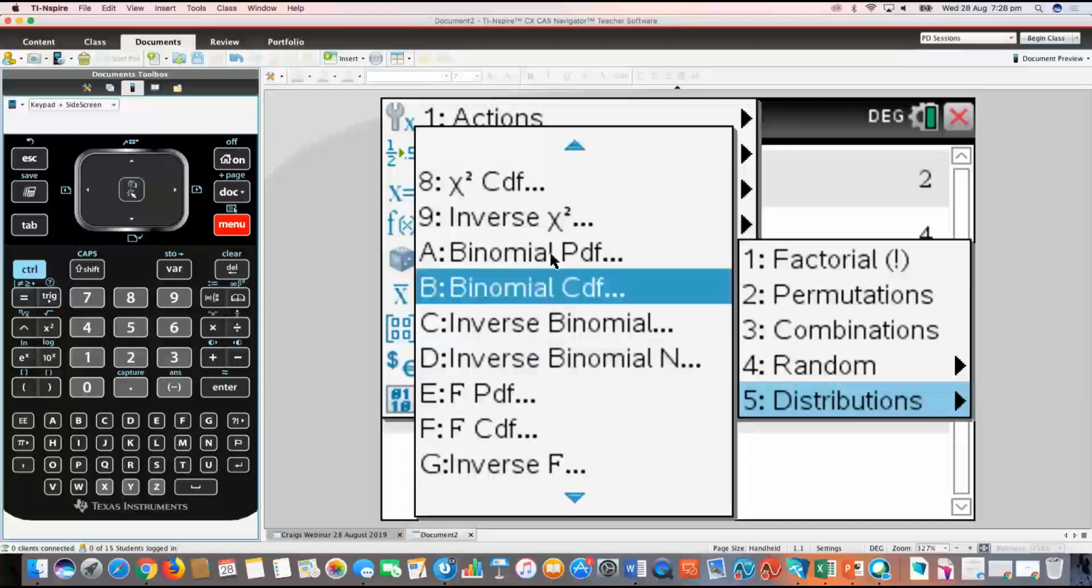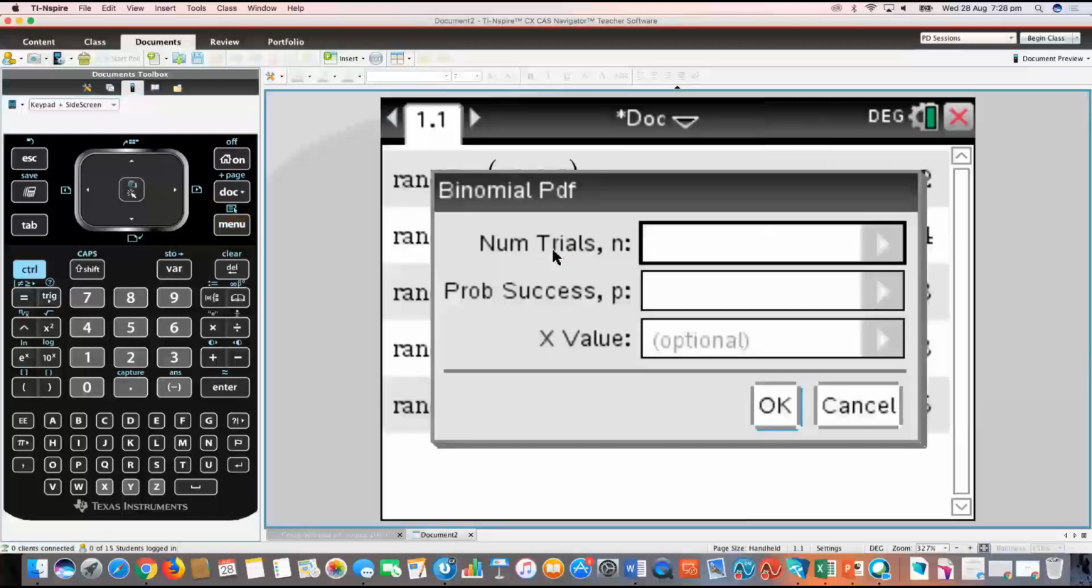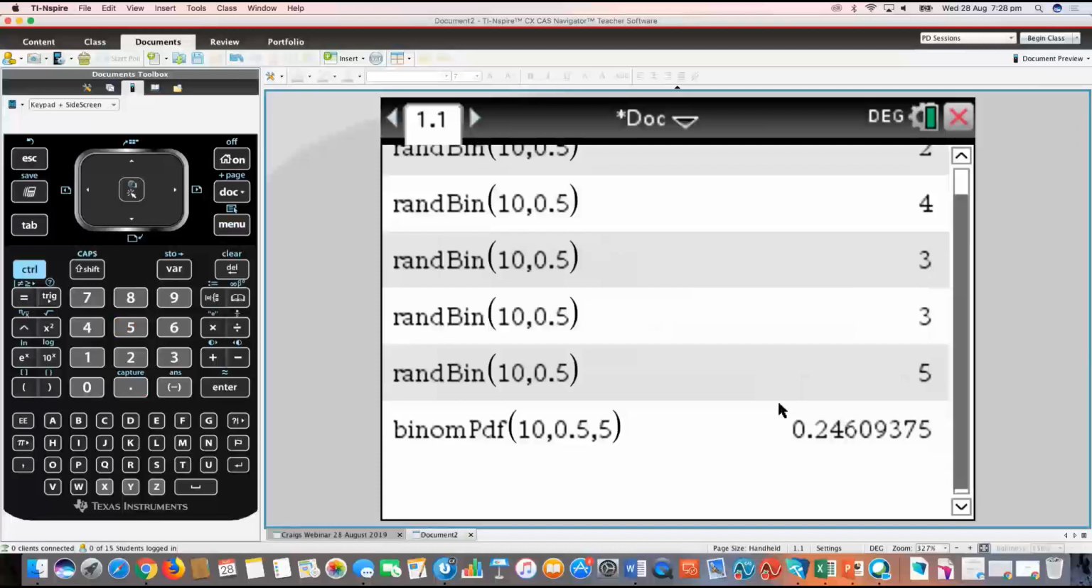And so if I choose Binomial Pdf, number of trials 10, probability of success 0.5, put in our x value, 5, press OK, and I get the result that I got before on the notes page. So if I click back over to here,